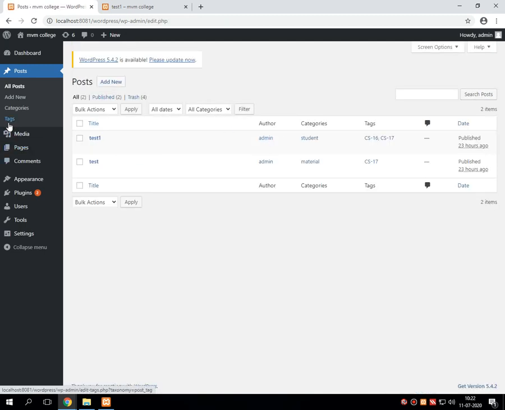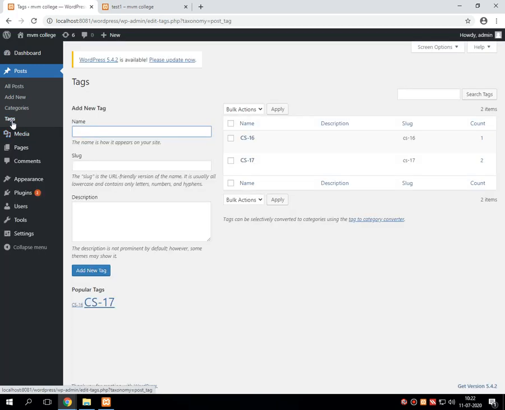Next one is tag. Category we can give a single one, but tag we can give multiple. So in the tag, first we have to create the tag.